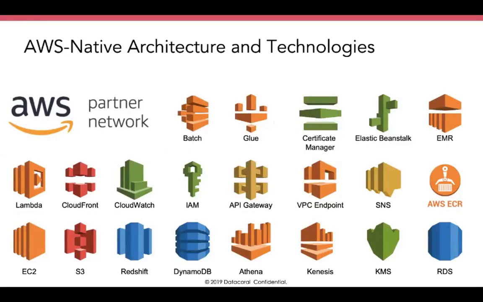There's a really funny observation I've made, and I've been at Datacoral a couple of months now, but we're using a lot of AWS technologies to actually build this. So the comparison of, in that diagram we had a little while ago, of all of the different external products that customers might be using, these are the internal AWS products that customers are attempting to get their heads around. And some of them are nearly brand new, like Lambdas, and some of them are AWS originals, like S3 and EC2. But these are all evolving themselves.